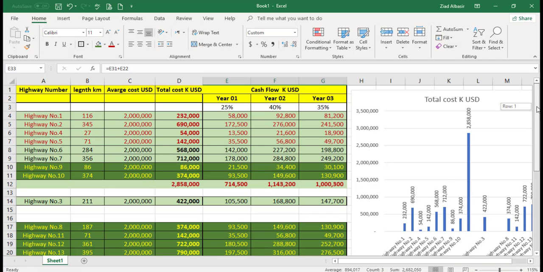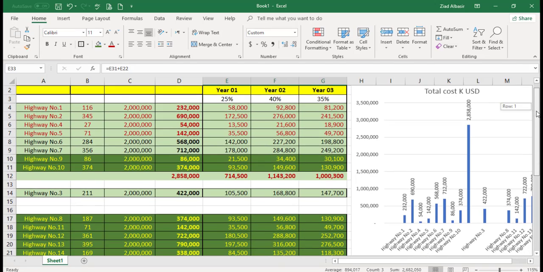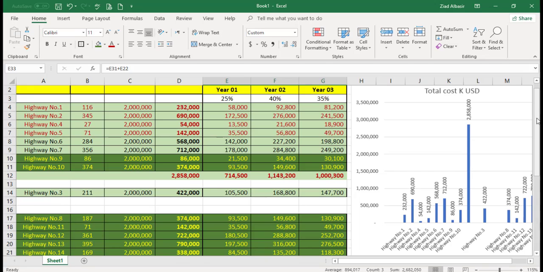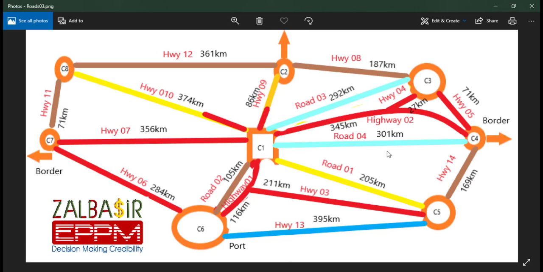So I'm sure everyone knows the benefit of these highways. Now, that was using Excel in a simple way for very small data and projects. If we have 100 projects or 1,000 projects, it will be another task because you need to compare a lot of things together. As we said in the previous video,